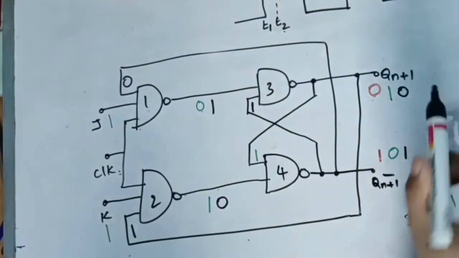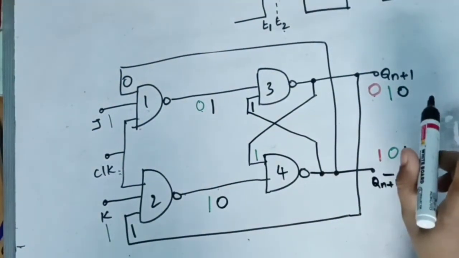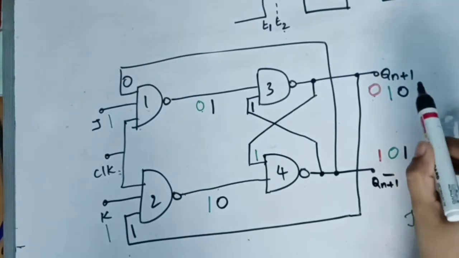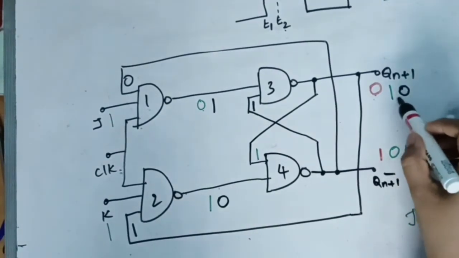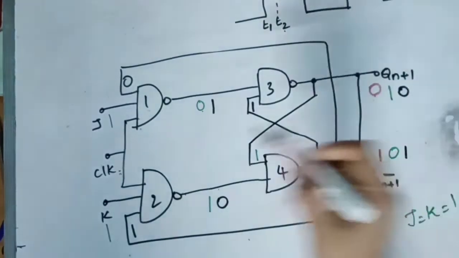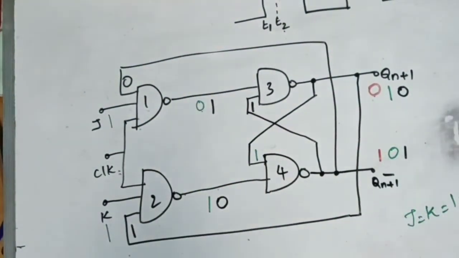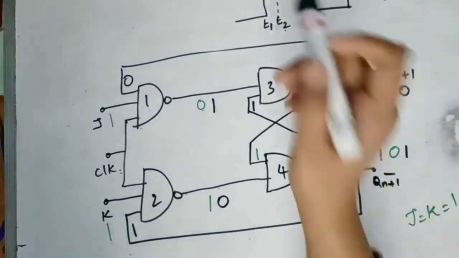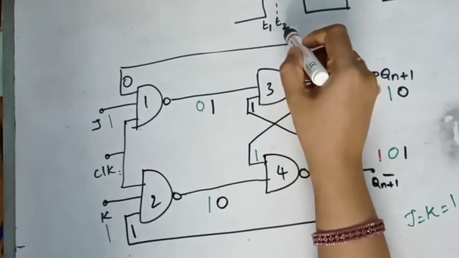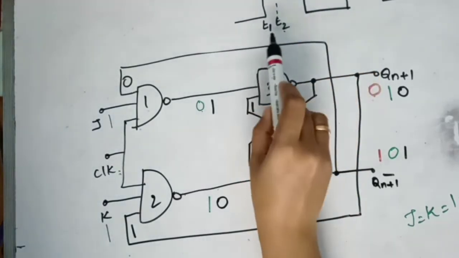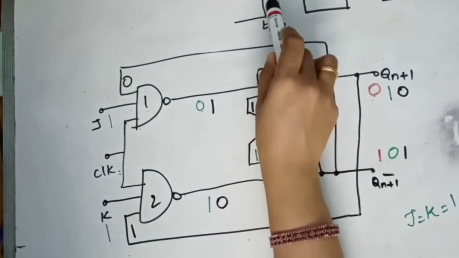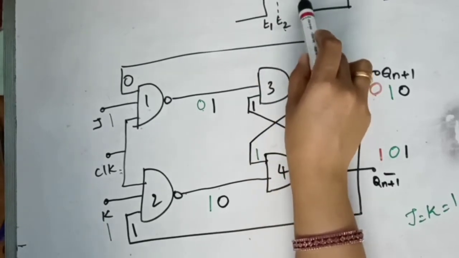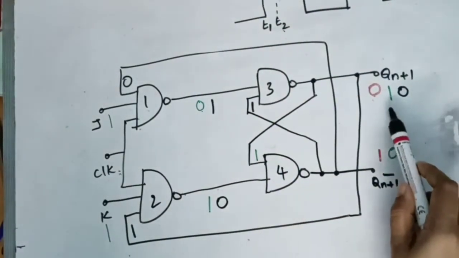So what happened? I applied only one clock. In that single clock, I got two answers. I just applied J equal to 1, K equal to 1. My previous state was 0, so I should get the next state as 1. That's it. It should not change any further. But since that change happened, Qn plus 1 equal to Qn bar, at t2 and still my clock is high, and since there is a feedback from the output to the input,